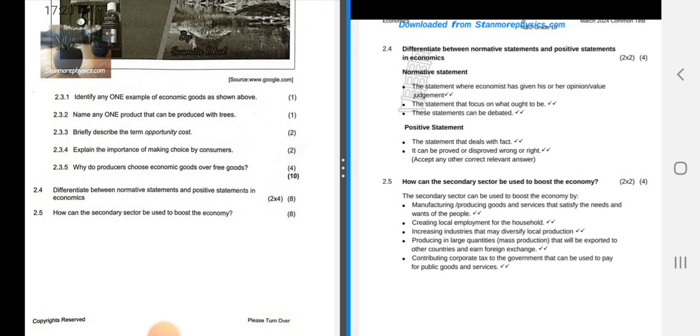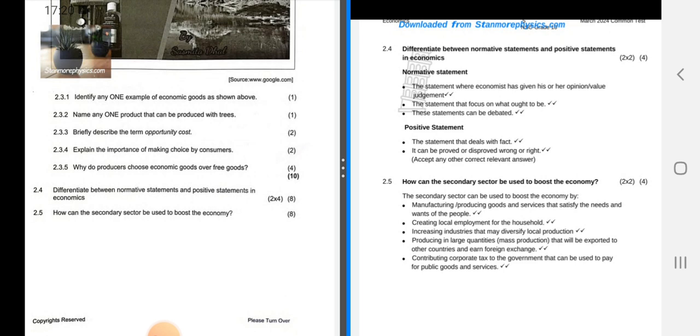The secondary sector can be used to boost the economy by manufacturing or producing goods and services that satisfy the needs and wants of the people, creating local employment for the households, increasing industries that may diversify local production, or producing in quantities that will be exported to other countries and can earn foreign exchange, and contributing corporate tax to the government